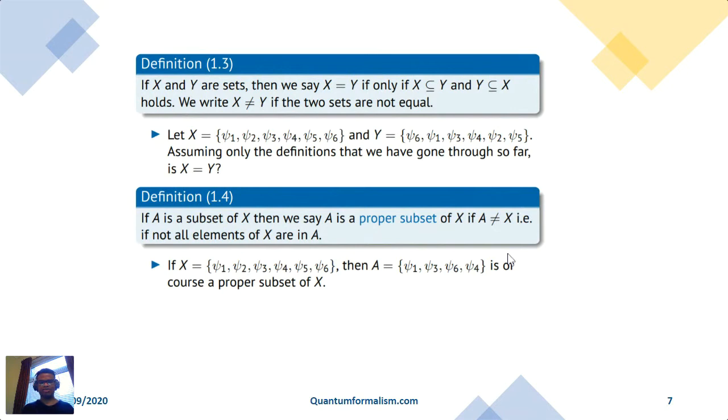I haven't made any assumptions whatsoever about the ordering. This is more advice for those who are newbies, not coming from a mathematical background. Generally, when you are given something, don't assume anything extra that you're not given. Here, I'm assuming only the definitions that we have gone through so far. Any element of X is also an element of Y. You can find them, even though I shuffled the ordering, it doesn't matter. I made no claims about order. So it's true.